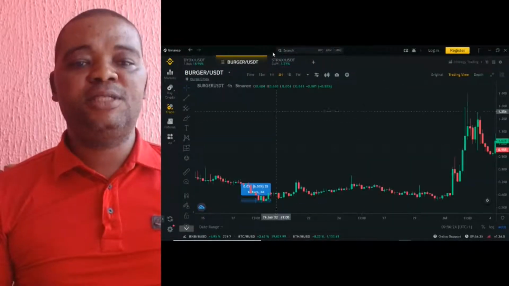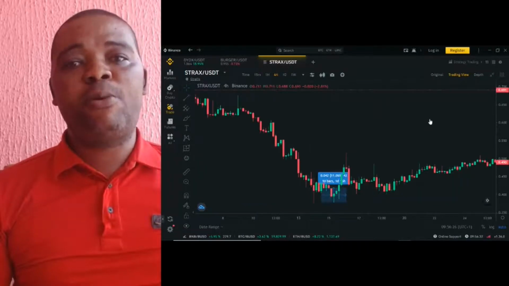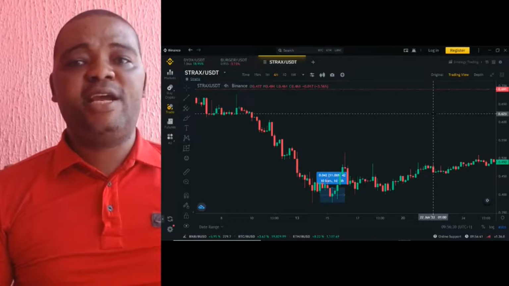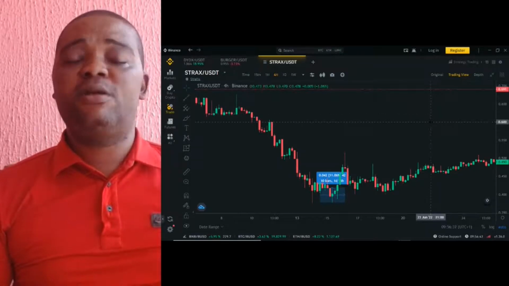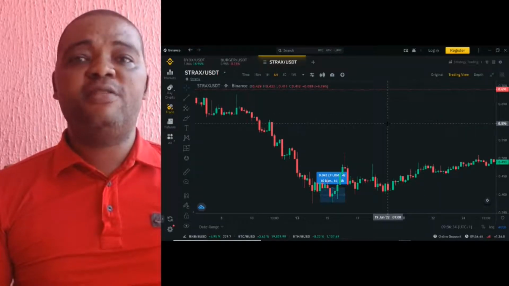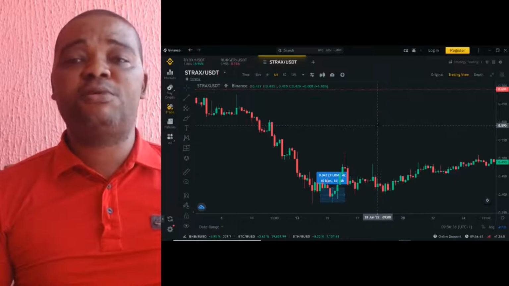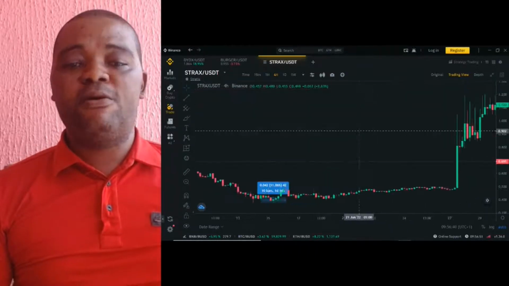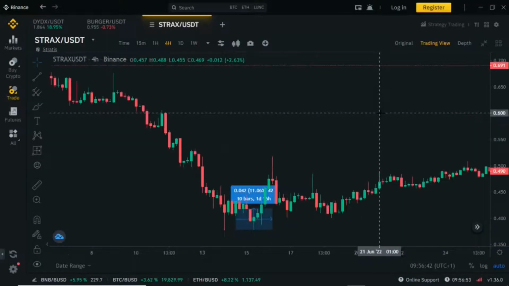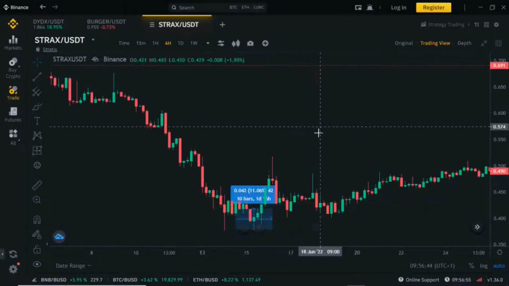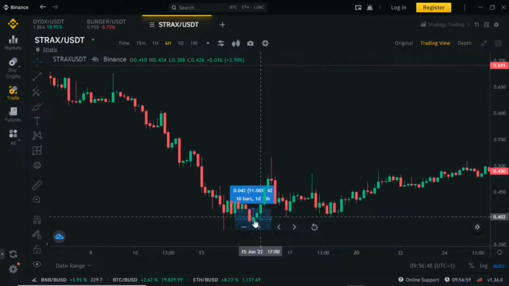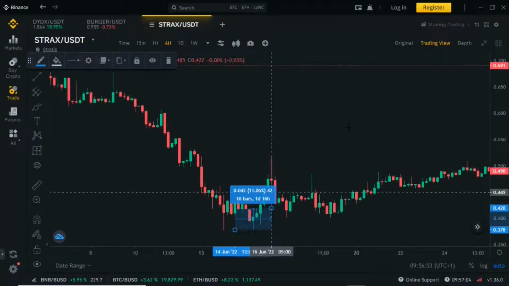And next up, the most important metrics for performing proper technical analysis of any cryptocurrency pair are the bullish trend section and the bearish trend section of the cryptocurrency price action. For example, the most current bullish trend section of the STRAX USDT cryptocurrency pair started from the lowest price of this green candlestick bullish trend starter, which is